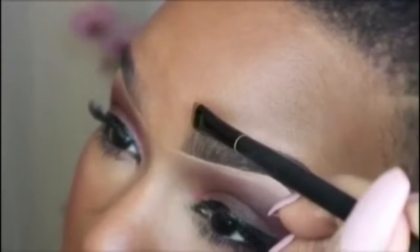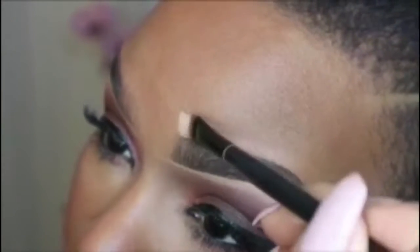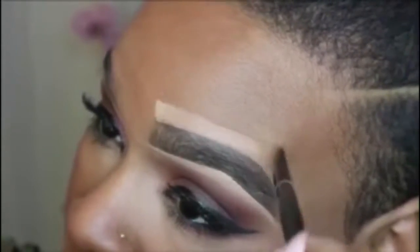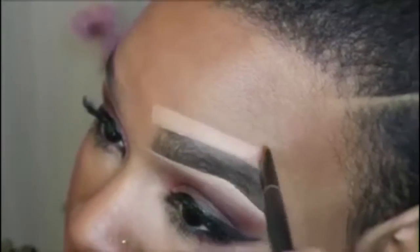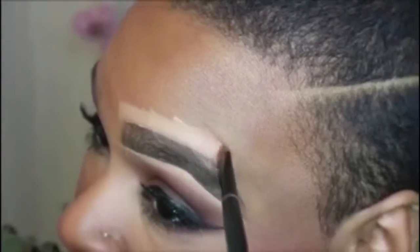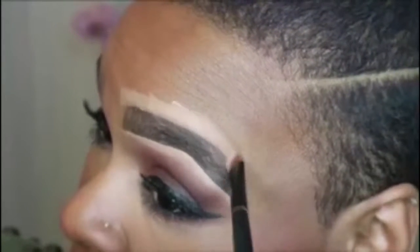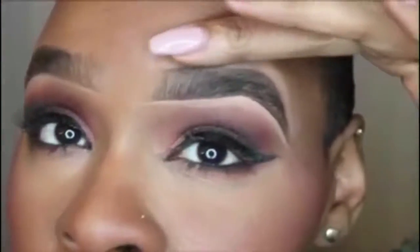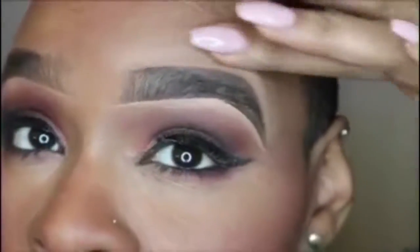And I'm going to start on the top of the brow. I believe people do this to clean up the top of the brow because it may not look as clean. But yeah, this was actually harder than I thought. It was taking a lot of effort to make this brow look clean because it was just way too much product. Okay. So to blend, I just decided to use my fingers